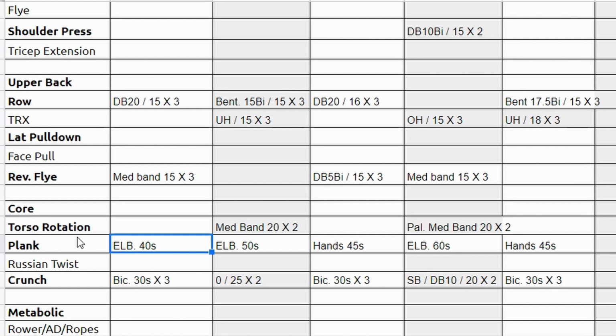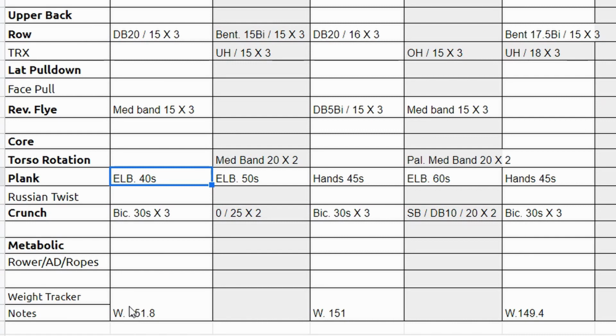Now, most definitely, I would add in some variety to her core routine over time, but this is only her first 5 workouts. So yes, I want to keep the workouts fresh and exciting, but I also want her to get really good at doing certain exercises. So we do need some repetition there as well. It's always important to find that middle ground. You have to keep the workout fun and exciting, but you have to make sure your fundamentals are where they need to be.